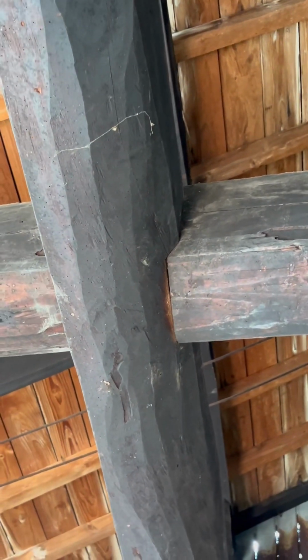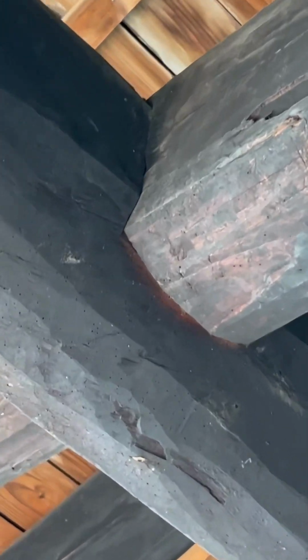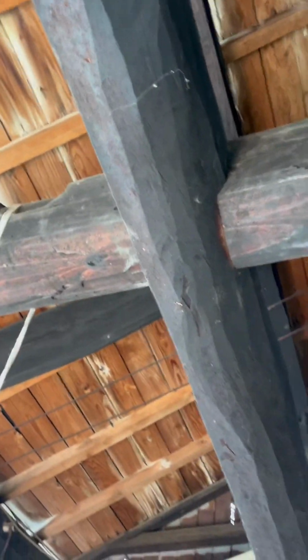So this one is straight, and this one is cut straight, but at an angle, so that the beam doesn't fall down. Japanese carpentry is so amazing. Unbelievable. No nails. ね、なんかちょっと釘ないね。